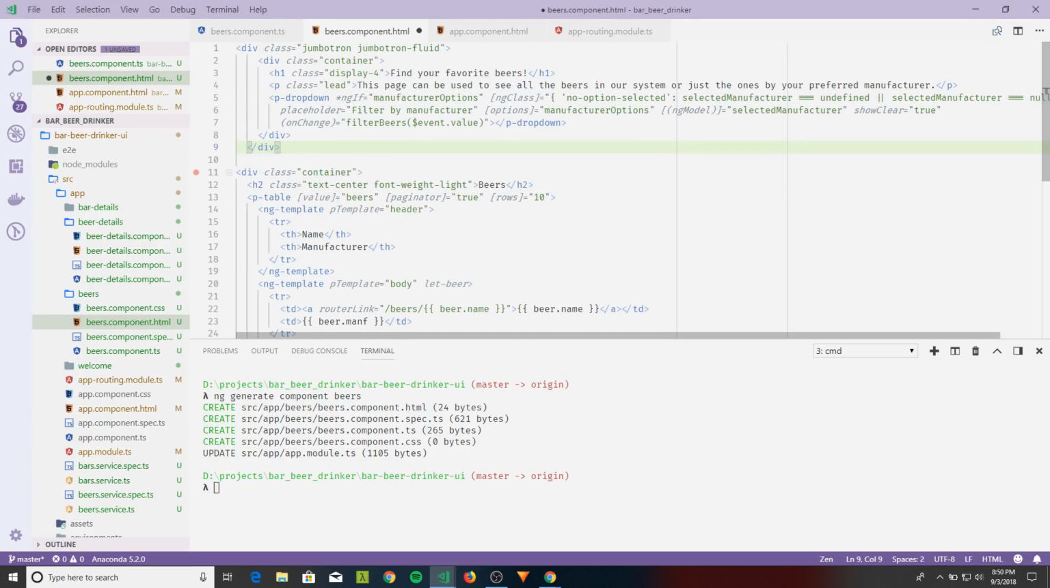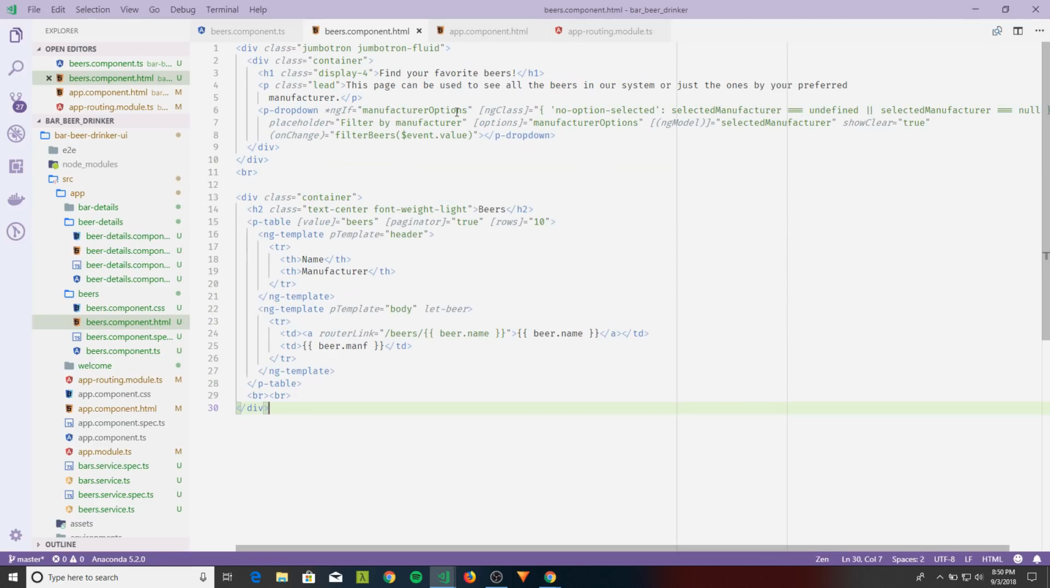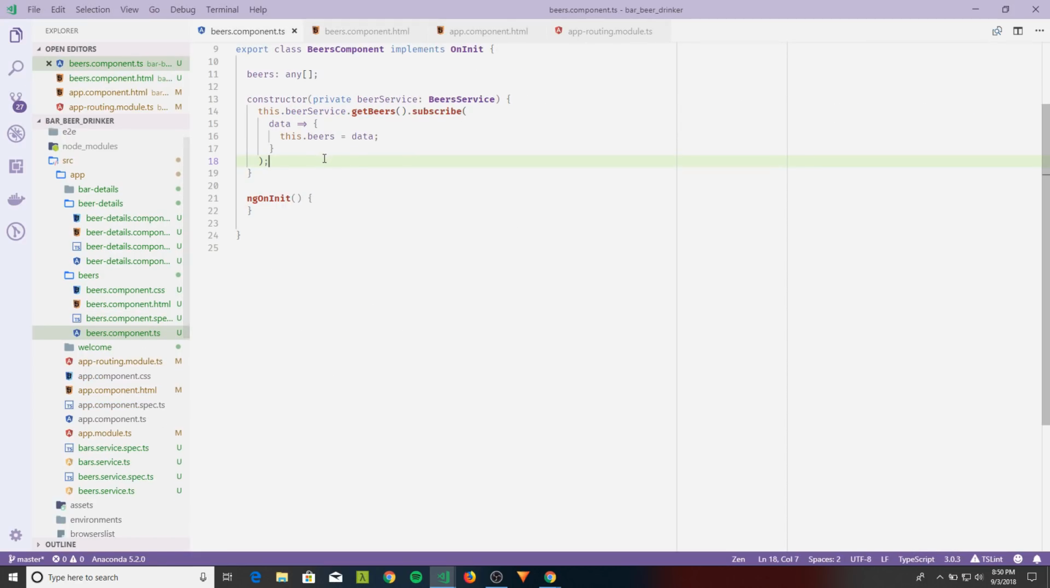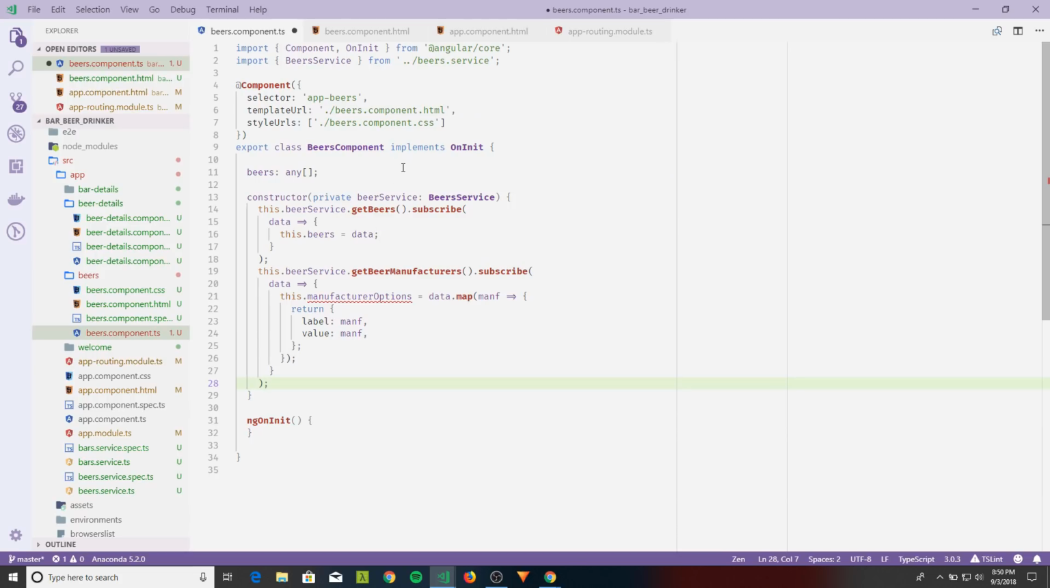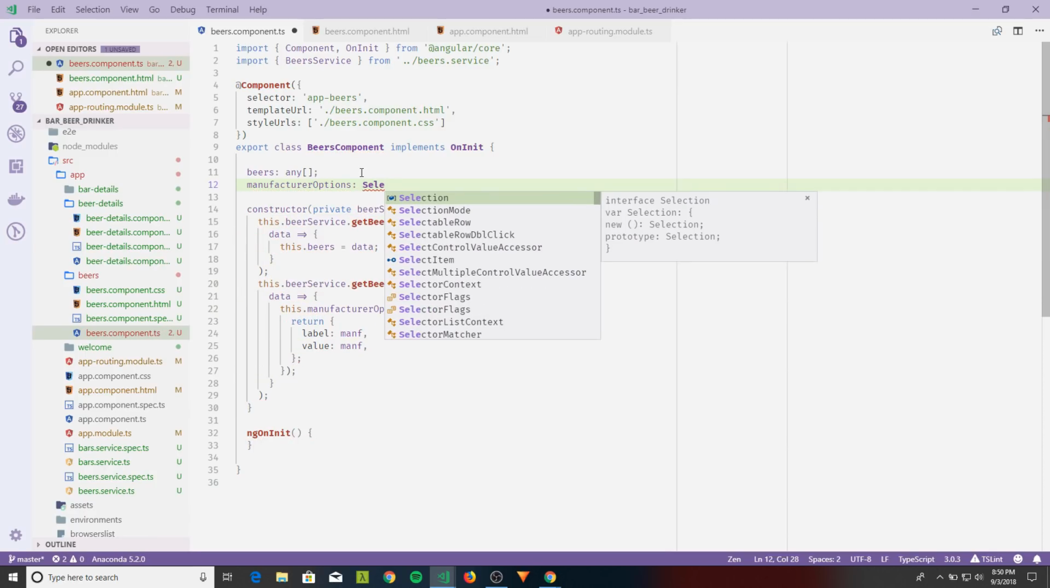So to do that, we just need to add this. So here's what we've done. It's the standard Jumbotron we've been doing, and then we have a p-dropdown ngIf where we're going to have manufacturer options. And to get the manufacturer options, we'll need to do this. So let's create the manufacturer options, which is again select item,